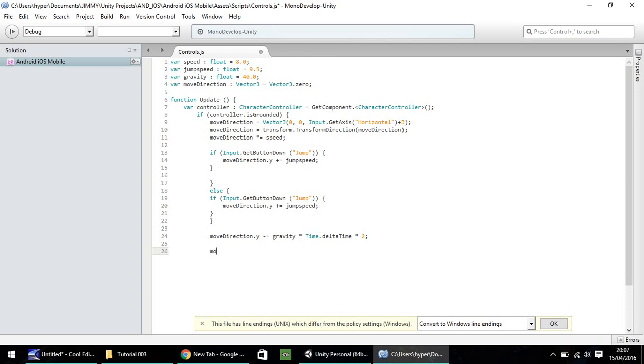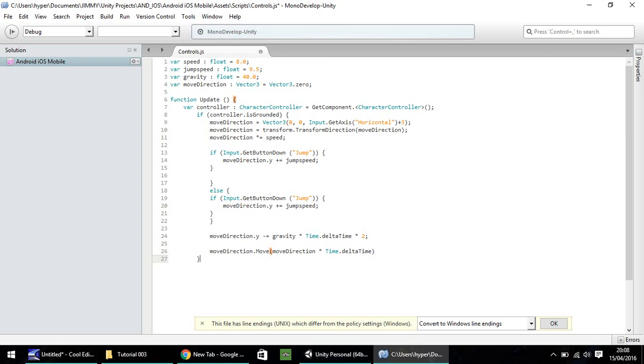So move direction dot Move, remember that's a capital M on Move, then open bracket, move direction again, multiply that by Time dot deltaTime, close bracket, semicolon, and then close curly bracket, and that closes